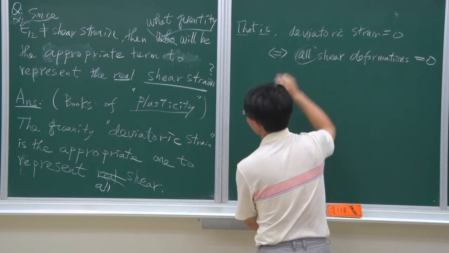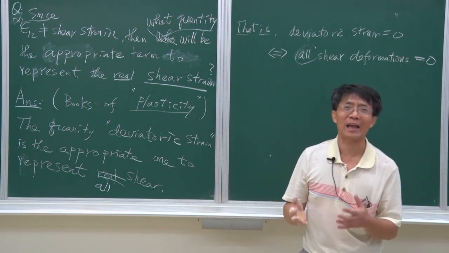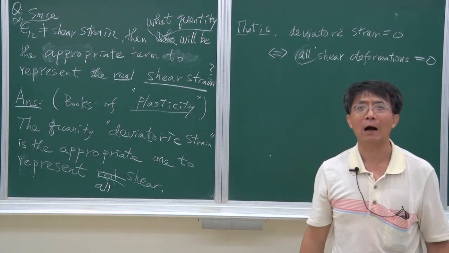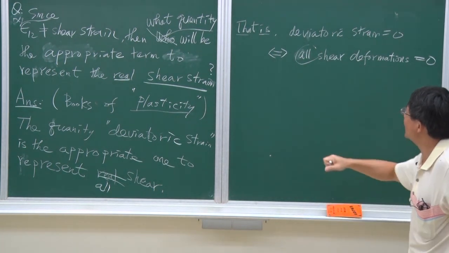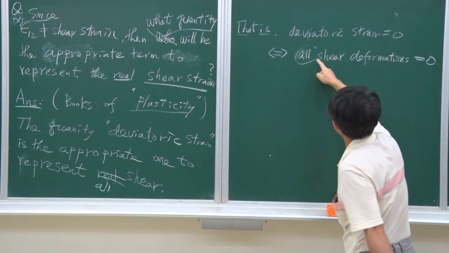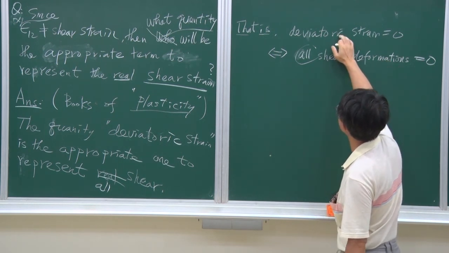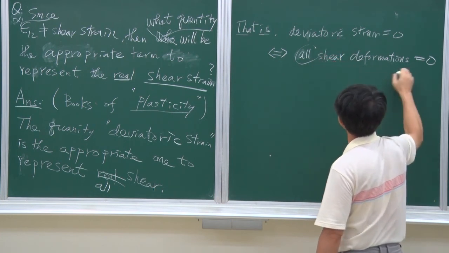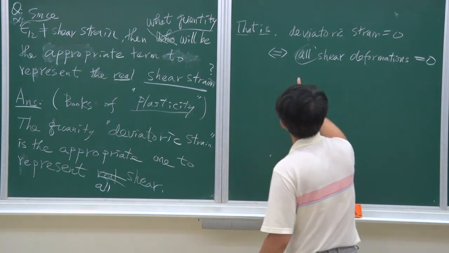Okay. Here we use a stupid word "or" because we shouldn't emphasize such kind of thing, but to make our viewpoint clear, I add this clumsy word here. When shear deformation equals 0, no shear deformation, then the deviatoric strain equals 0. When the deviatoric strain equals 0, then shear deformation equals 0. Okay, but